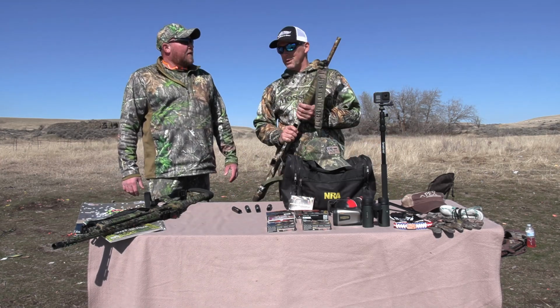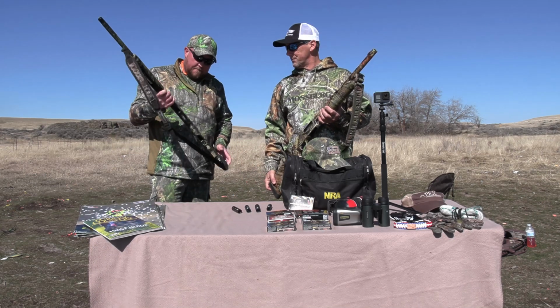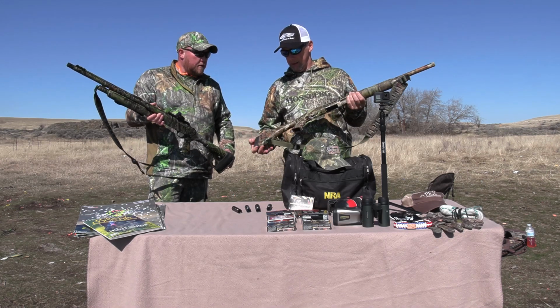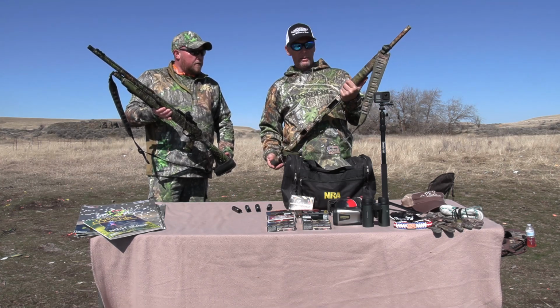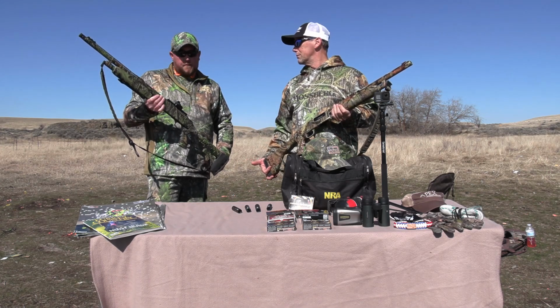So we both have 535s. Yep. Yours is the Tactical Turkey by Mossberg, right? Tactical Turkey, yep. And so it's got the collapsible stock. Mine is a more solid one. It has shims that you can add to it if you need to adjust the reach on it. But it's set up perfectly for me. I never shoot more than a 3-inch shell. You? No. Now I've patterned